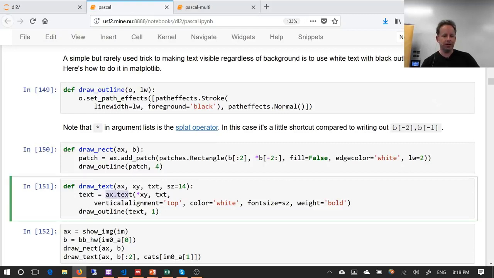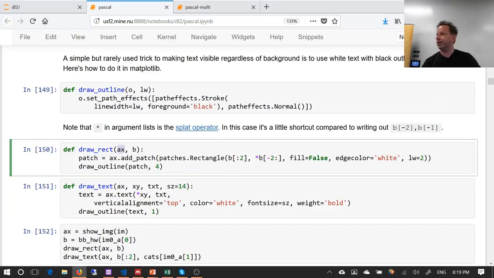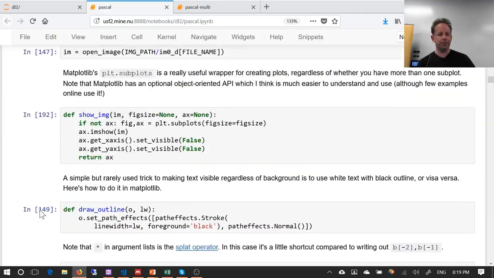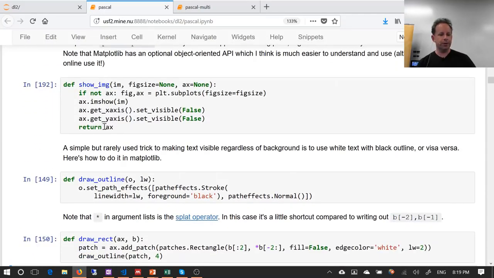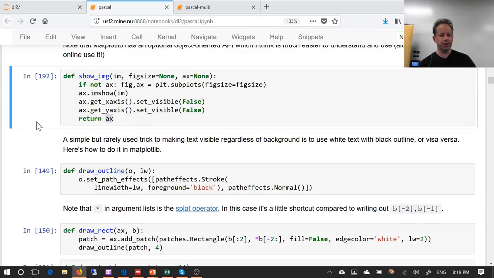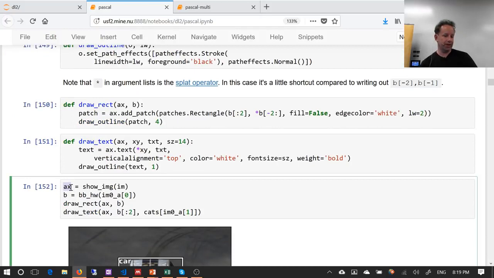You can draw text. And notice all of these take an axis object, right? So this is always going to be added to whatever thing I want to add it to, right? So I can add text and draw an outline around it. So having done all that, I can now take my show image, and notice here the show image, if you didn't pass it an axis, it returns the axis it created, right? So show image returns the axis that image is on. I then turn my bounding box into height and width for this particular image's bounding box. I can then draw the rectangle. I can then draw the text